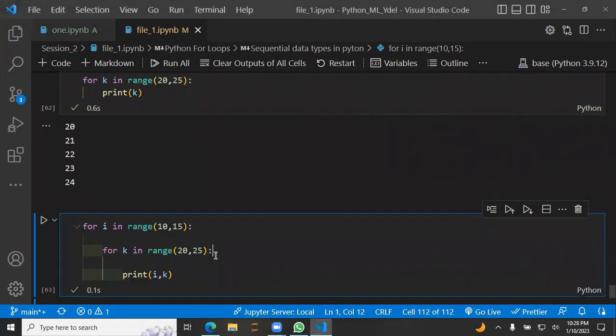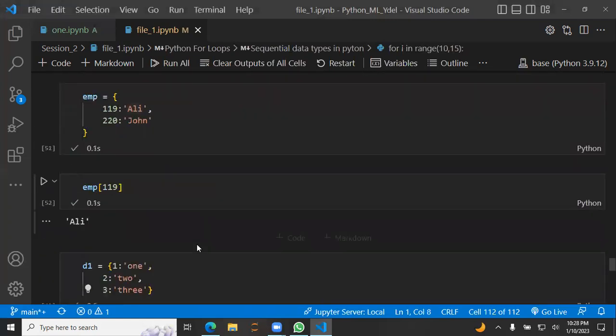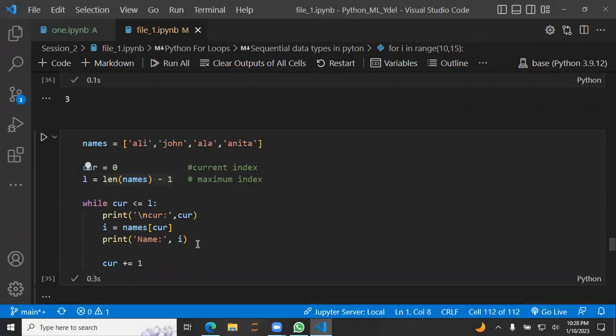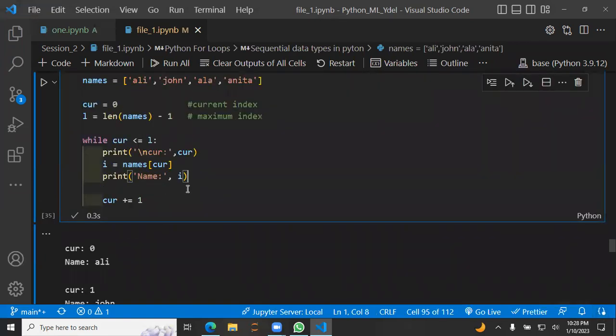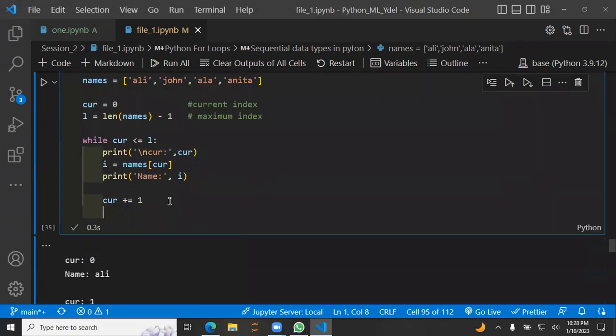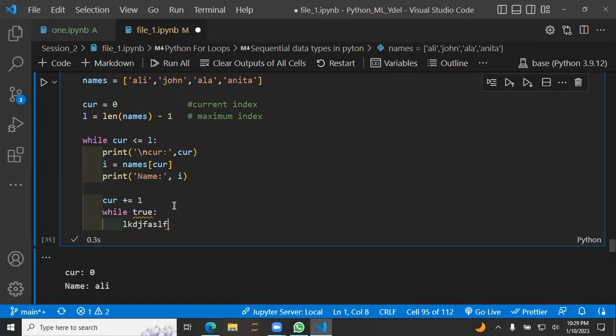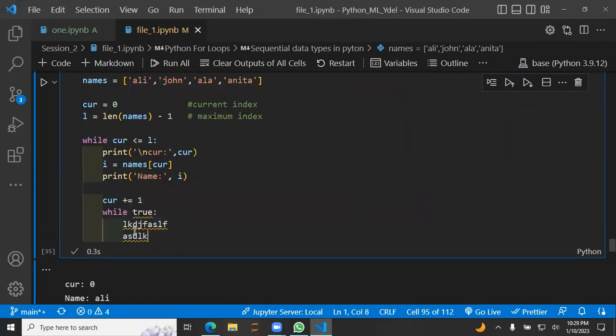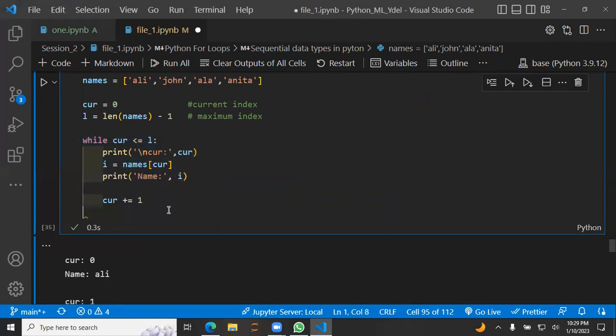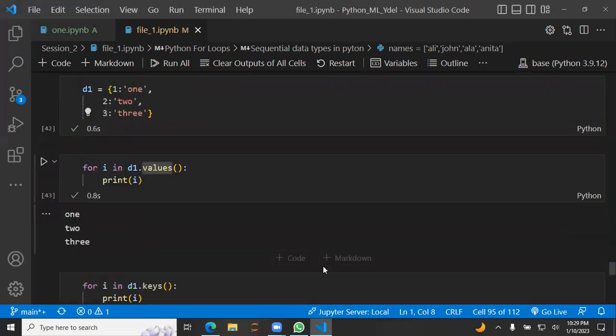nested for loops, and we can also do nested while loops, but it really depends on a few things when we need to do that. The syntax is really similar. We just need to enter while and some condition true or something, and then write some code and write some code, and it would be similar. It will go round and round, and as soon as this condition becomes false, it will be like, okay, I'm done. And then the execution will go to this loop, and this will start again, and then this will again start looping through. It's something like that, but let's see if down there we have any